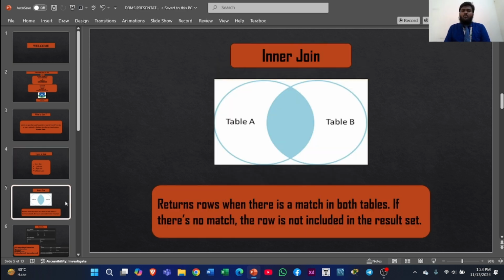Now I am going to talk about inner join. Here is a diagram where if we apply inner join, it returns rows where there is a match in both tables. If there is no match, the row is not included in the result set. Now if we see an example,